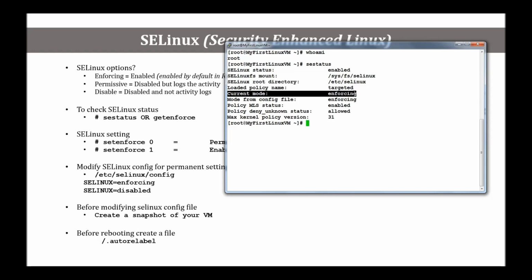It is saying that my current mode is enforcing, meaning I do have SELinux and it is enabled and running in my system. You could also get the same result, not exactly the same result, but if you want to find out whether it's enforcing or not, you do getenforce, and it will tell you that yes, it is enforcing. Again, if you wanted to set it to enforcing or disabled, you have to do setenforce 0 to disable, 1 to enable. The file that you would need to modify for a permanent setting is located in /etc/